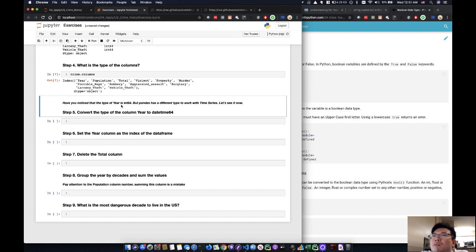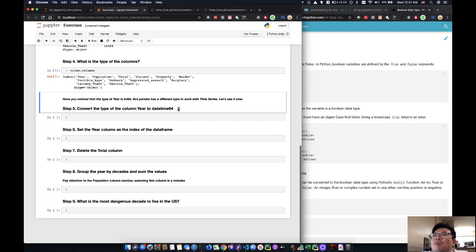Have you noticed that the type of year is int64, but pandas has a different type to work with dates? Let's see it now. Okay, great. Convert the type of column year to datetime64. Okay, so let's do